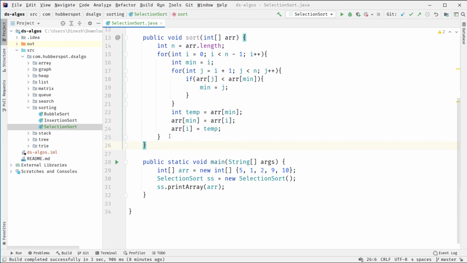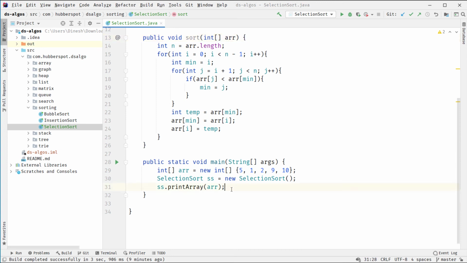So here you can see, after we perform this swap, one element reaches the sorted part, and then we increment i by 1. So i becomes 1, and the rest of the algorithm is repeatedly performed on the array till we get all the elements into the sorted part. So in order to understand the selection sort using an animation, you can watch my previous video. So this is the code for the selection sort.